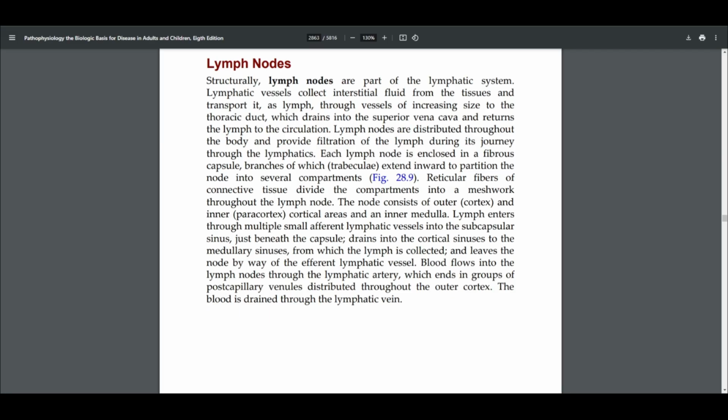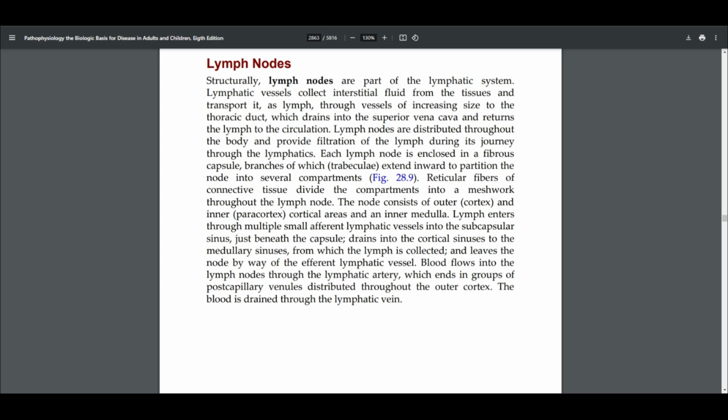Each lymph node is enclosed in a fibrous capsule, branches of which extend inward to partition the node into several compartments. Reticular fibers of connective tissue divide the compartments into a meshwork throughout the lymph node. The node consists of an outer and inner cortical area and an inner medulla. Lymph enters through the multiple small afferent lymphatic vessels into the subcapsular sinus, just beneath the capsule, drains into the cortical sinuses to the medullary sinuses, from which the lymph is collected, and leaves the node by way of the